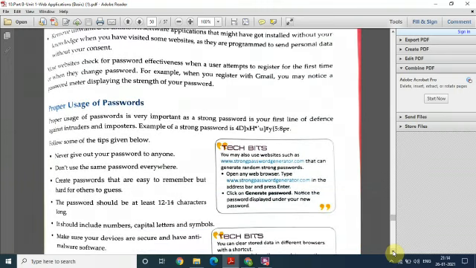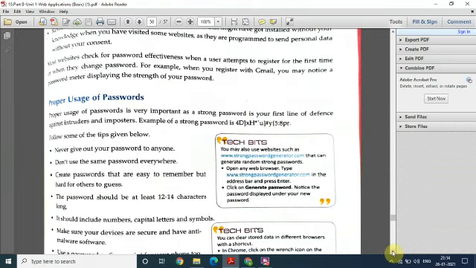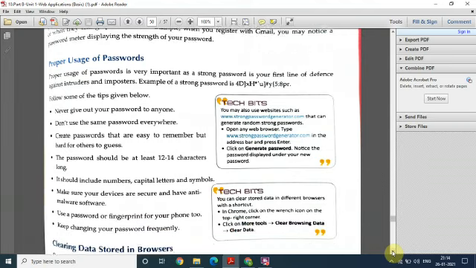You have to make proper usage of passwords. No need to give it to anyone. No need to share it. It should be a strong password, like a combination of different characters, numbers, marks and all. ठीक है, तो strong password होना चाहिए. Strong password is basically 12 to 14 characters long, and it should be a mixture of all these different kinds of characters. ठीक है, and it should be easy to remember for you but difficult to guess by someone else. ठीक है, तो ये चीज़ें आपको ध्यान रखनी है.